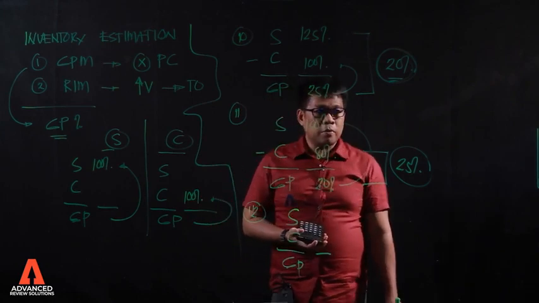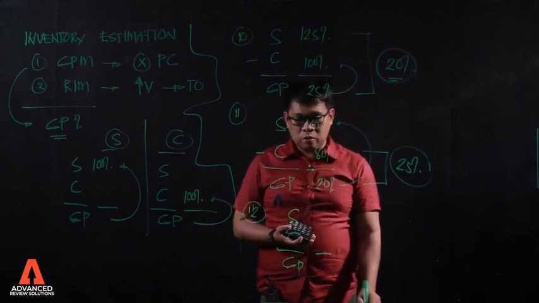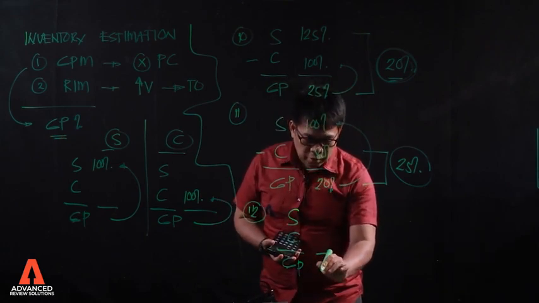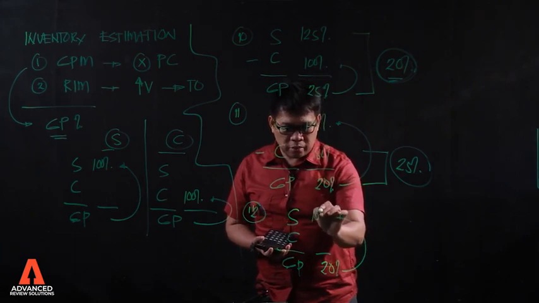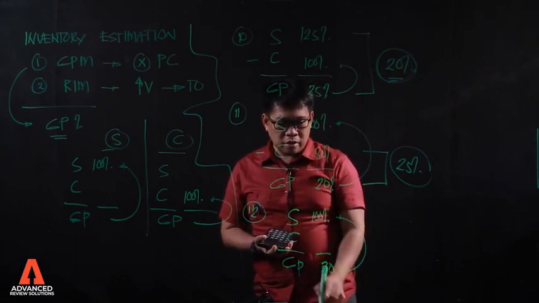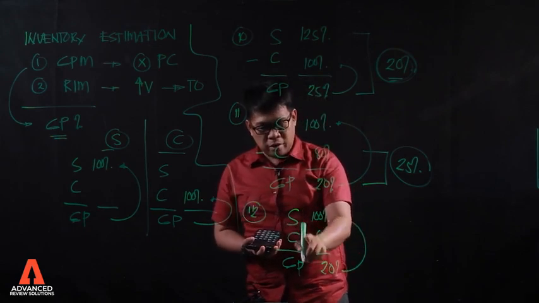If the gross profit rate based on sales is 20%, what is the cost ratio? Okay. 20% based on sales, lahat ng base 100%, so this is 100%, and this should be 80%. Squeeze po natin, no? 100 minus 80, that is